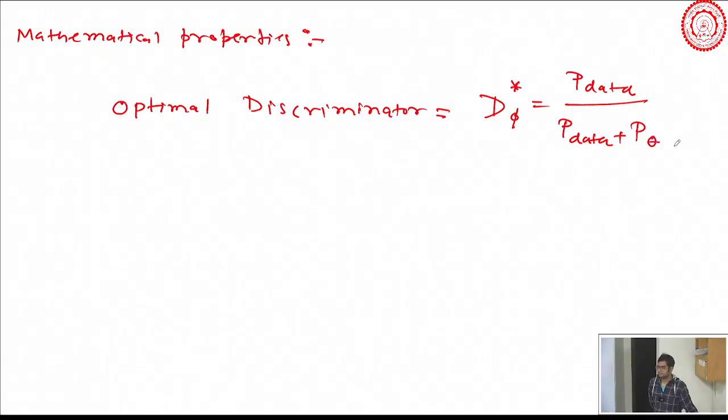Exactly, that's the optimal one. That will happen only when p theta reaches p data. What is the optimal p theta? When p theta is p data, what happens to this? Half. I told you that it will get confused if the generator becomes the best. You can also validate from there that the best p theta you can have is p data. If p theta is equal to p data, you are getting 0.5. So when you have the best generator, the discriminator does not know what to do, independent of what you are giving.